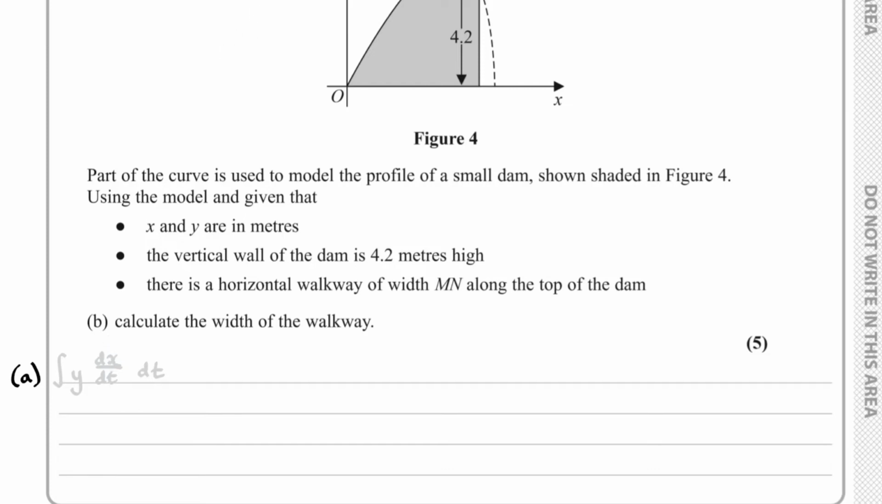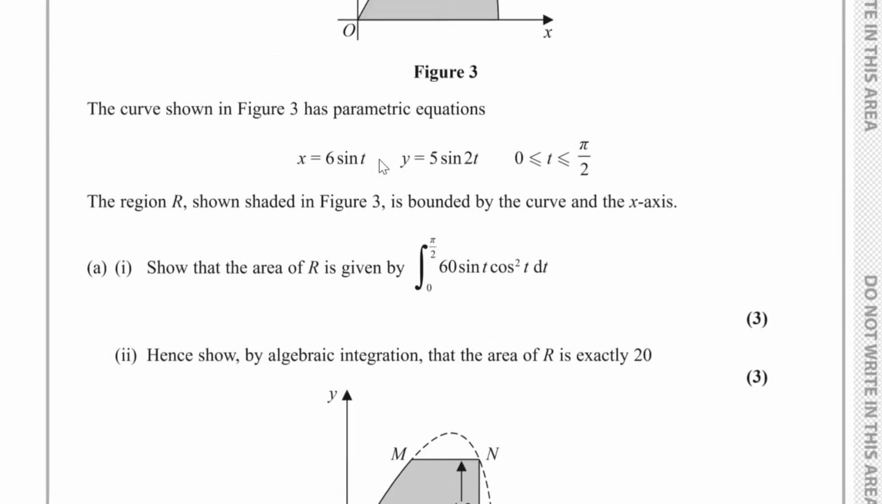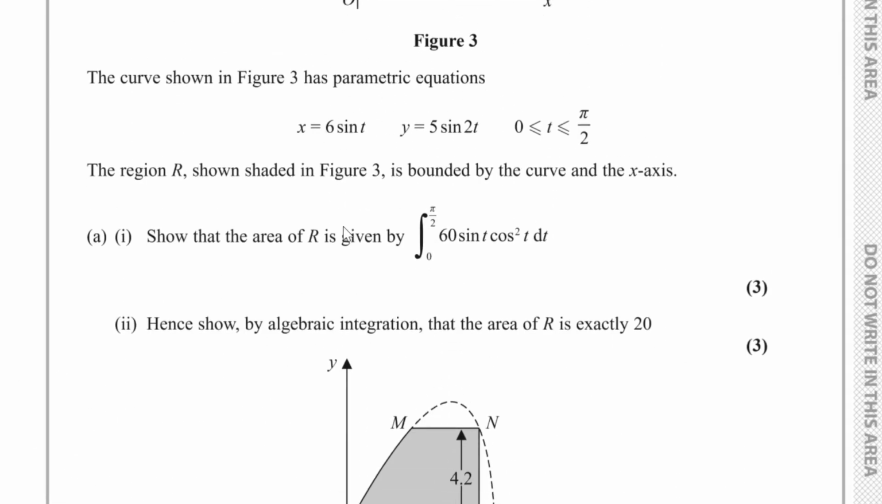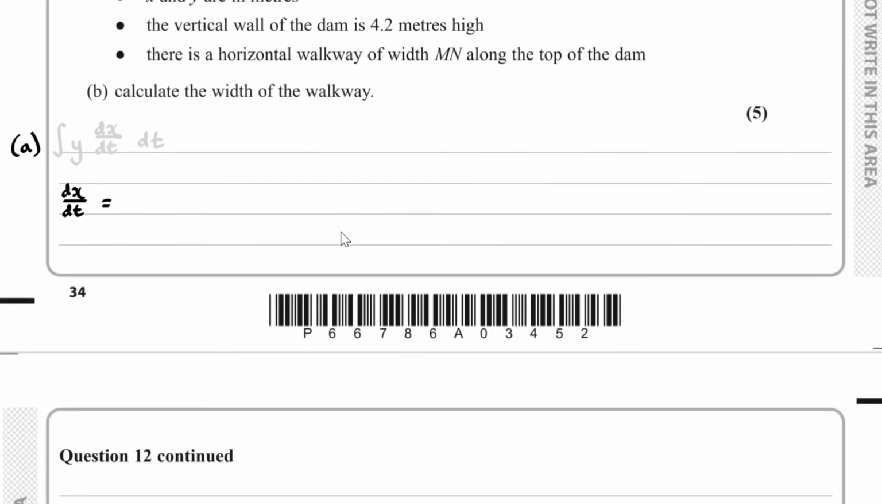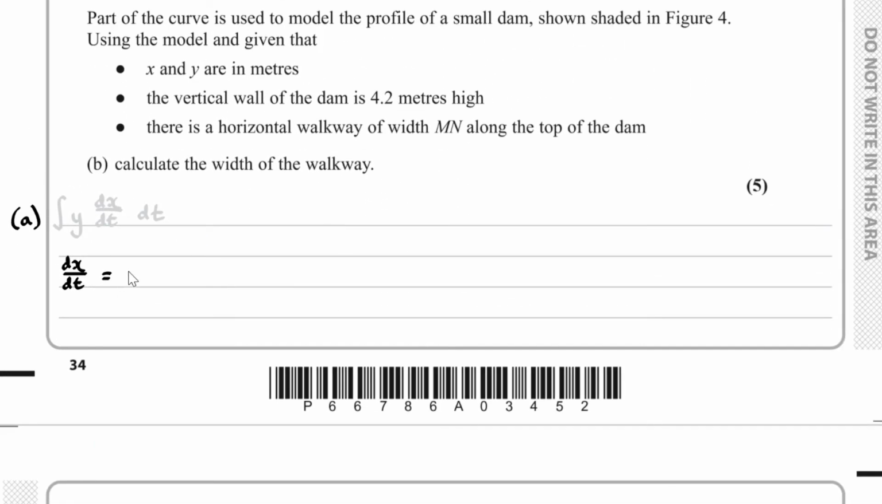Now, before we go any further, I think it will be a good idea to work out what dx over dt is. If we differentiate our x function with respect to t, differentiating 6 sine t, we end up with 6 cos t. So we have 6 cos t. And if we substitute this into this equation here,